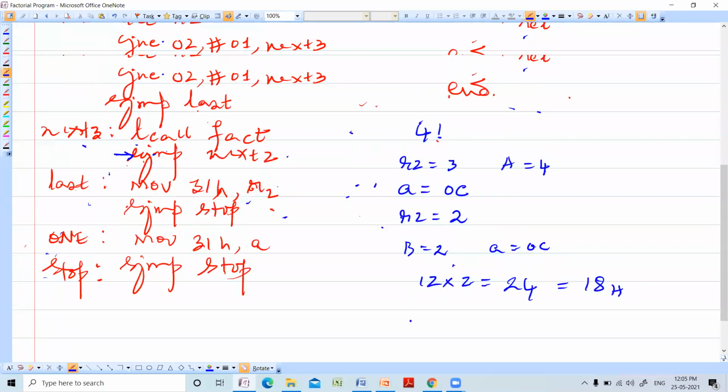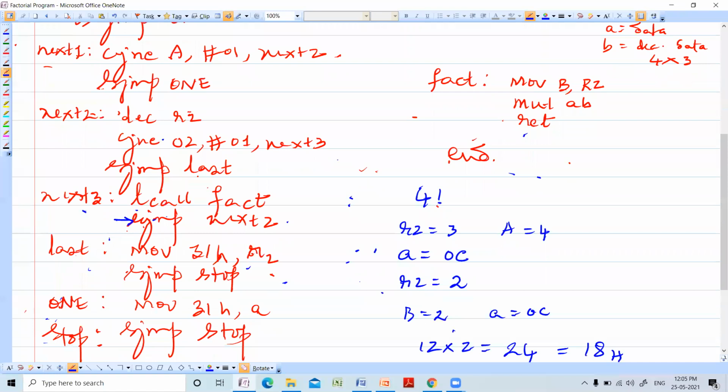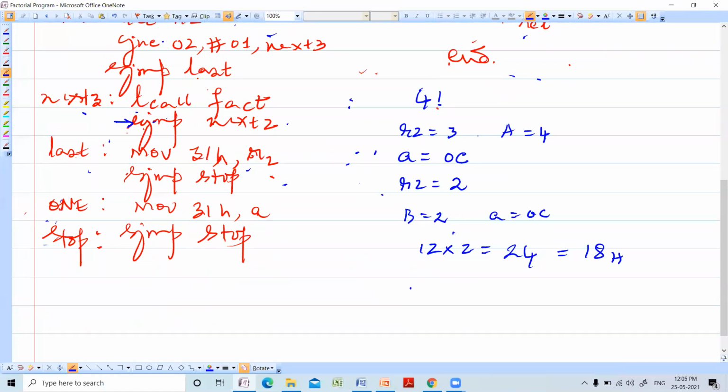It will return once again there, SJMP next to. It will decrement R2 once again. When it decrements R2 once again, R2 becomes 1. When R2 becomes 1, it jumps to the last. So here, what you have to do? So this is A. A will be having the final product. Accumulator is having the final product, not R2. It is a mistake. That's all. So A to 30.